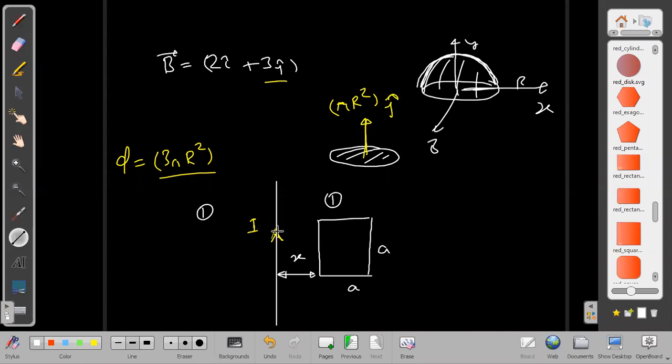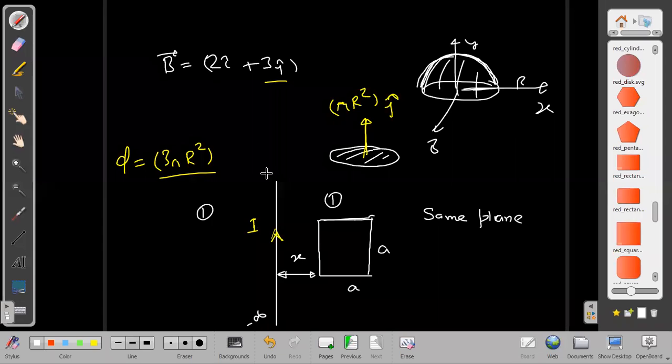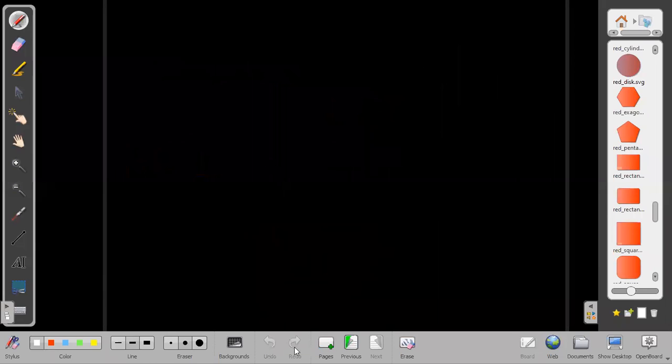They are in the same plane, sir? Yes. Both the square plate as well as the current carrying wire are in the same plane, and the current carrying wire is carrying current from minus infinity to plus infinity. Second case, I can take as...